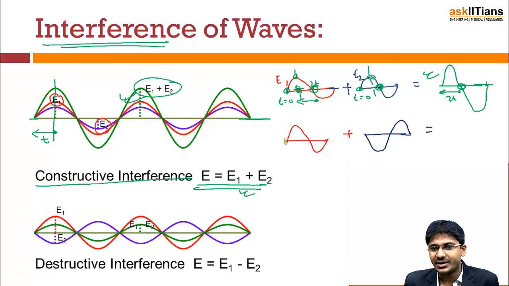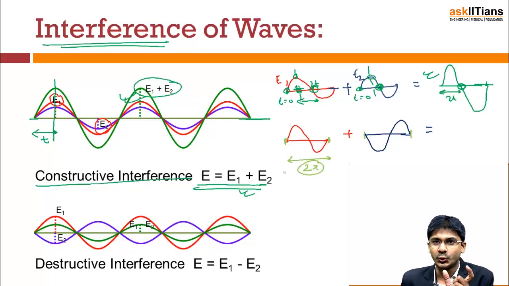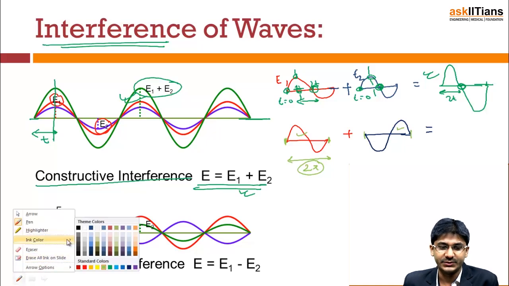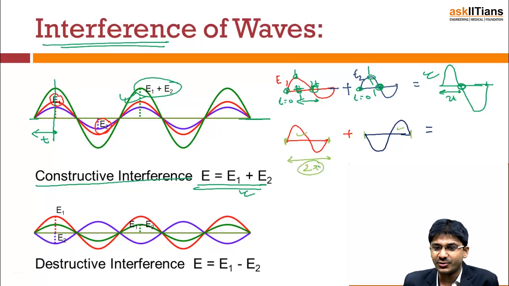There is a phase difference, right? If you see, it is here and it is here. Okay. This is here and this is here. If you can see, this total length is what? This is 2 pi. This total length is 2 pi in terms of phase, right? So if you see this and this, what you can see is that they have a phase difference of pi, right? It's clearly visible here that they have a phase difference of pi,